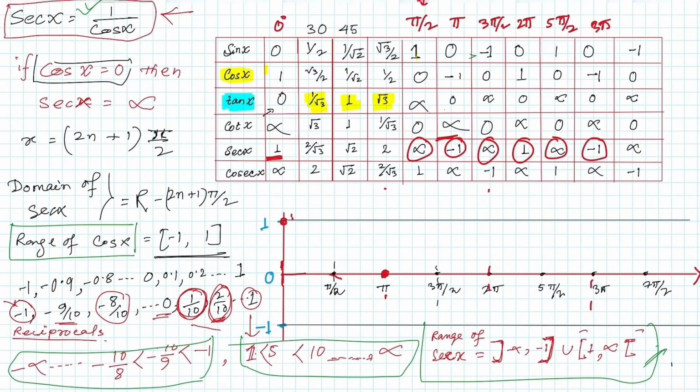Then at pi it is infinity, so we will get such kind of graph. At pi by 2 it is infinity, so we will get this kind of graph. So it will increase from 1 like this. Again at 3 pi by 2 also it is infinity. At pi by 2 it is also infinity. So at pi it is -1. So on this side we will get,